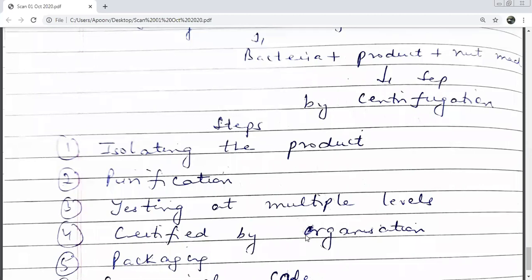In 2011, one question had come. Now I'm discussing the questions which have come in previous year board papers based on bioreactors. In 2011, a question had come, beta. This was a 2 marks question. Just name the 5 conditions that a bioreactor should provide for obtaining the desired product. Question the answer, suno. It's a 2 marks question. It's written name, only name. Name 5 growth conditions a bioreactor should provide for obtaining the desired products.